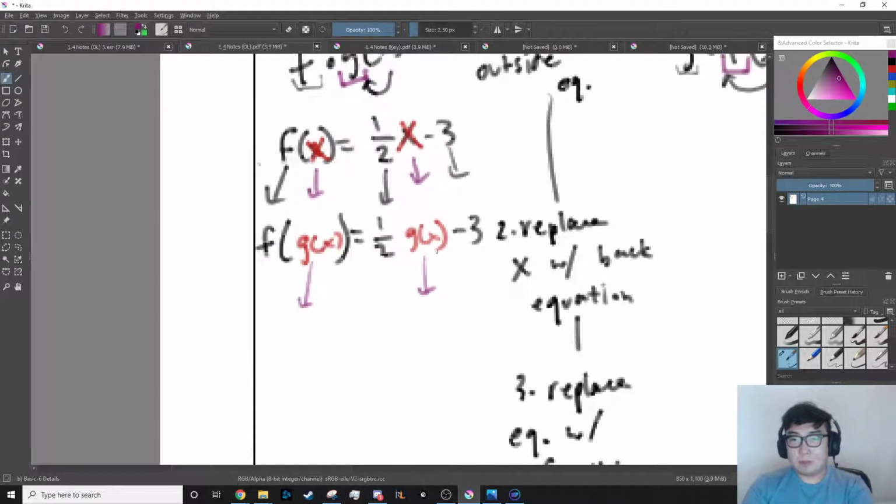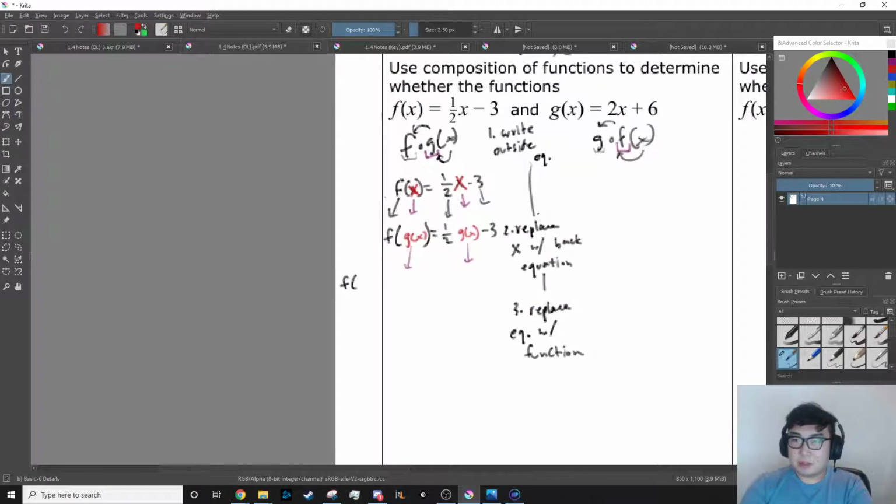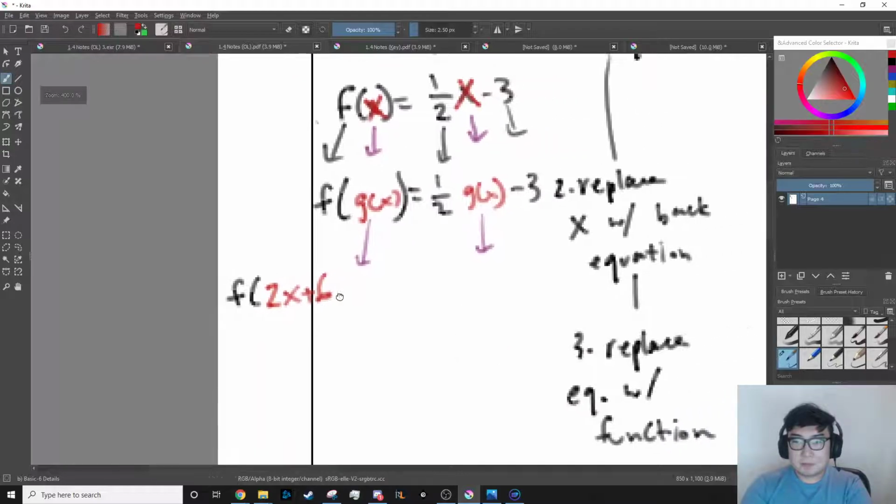So what I can do is f, which I will start writing in this area because I'm running out of space and I do not want to cheap out on you guys. f of g is 2x plus 6. 2x plus 6 is equal to, my black is still going to move, 1/2. Because all I'm doing is replacing this g of x. 2x plus 6